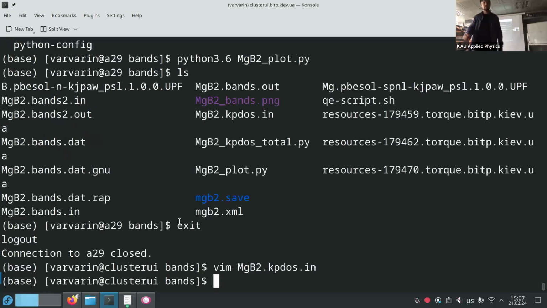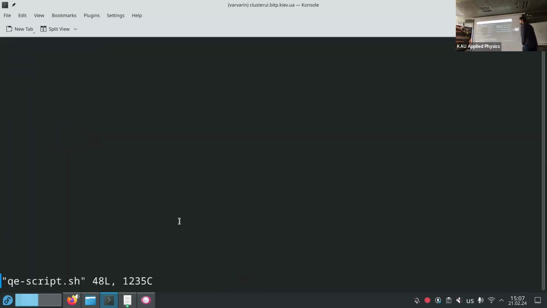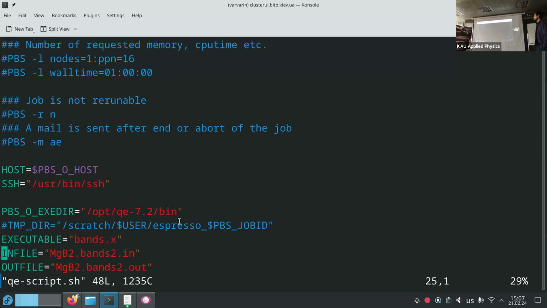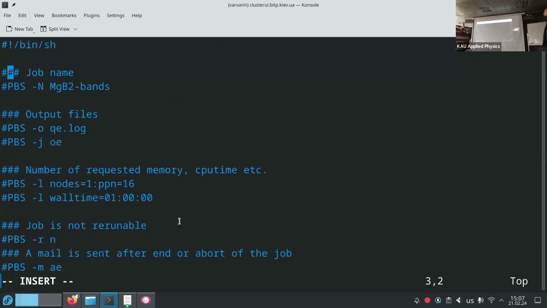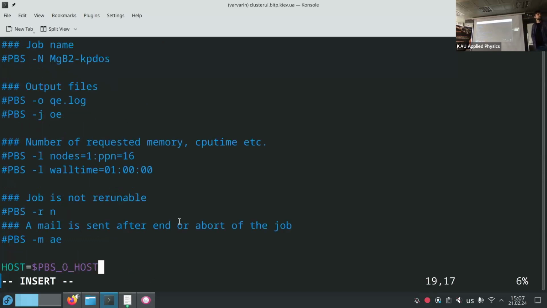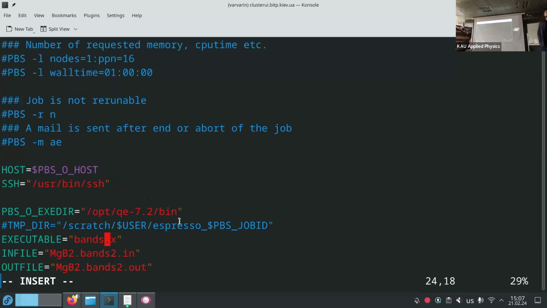You should change the script. And we use projwfc for the calculation. So the name is, yeah, this, and the name of that file.